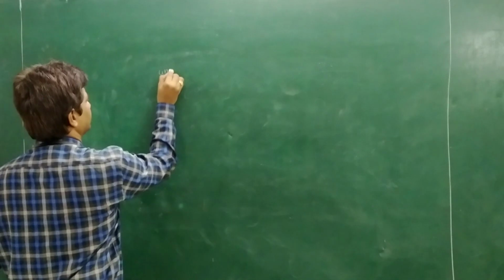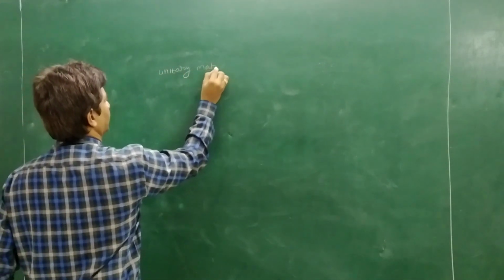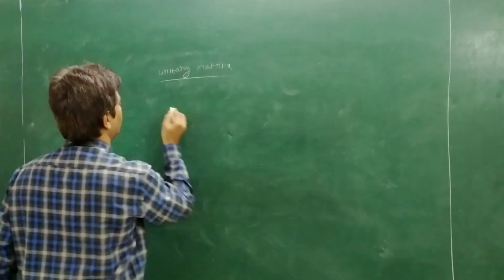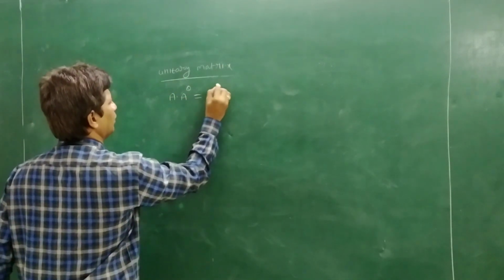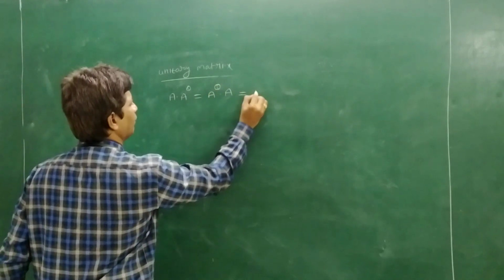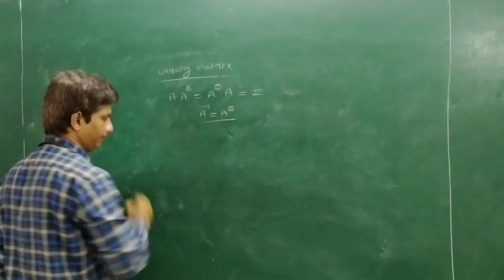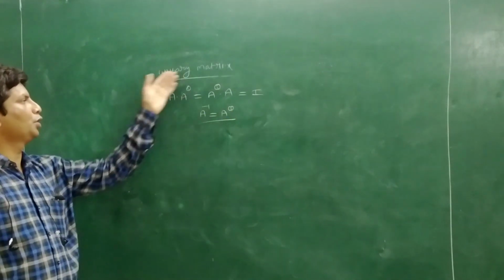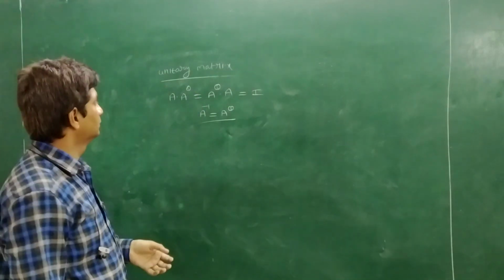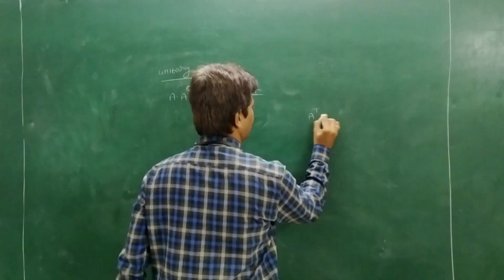Unitary matrix. Unitary matrix. If A into A power theta equal to A power theta into A equal to I, or if A inverse equal to A power theta, then the square matrix capital A is said to be a unitary matrix. Right. Now again I am going to tell you, if A power theta equal to A,